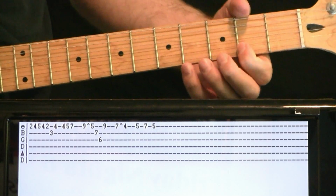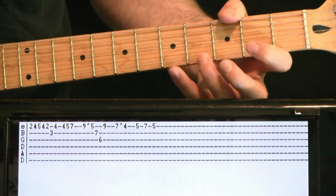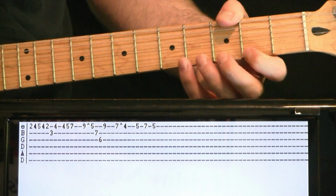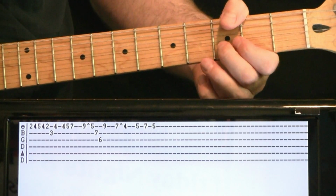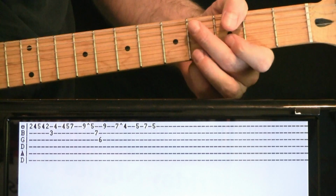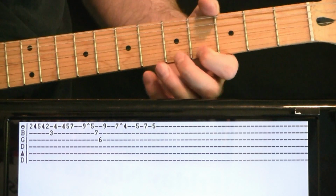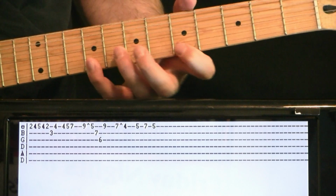Alright, second part of the harpsichord solo here will be on E. We go 2, 4, 5, 4, 2, 3B, 4E. Okay, hesitate a moment, then we go 4, 5, 7E, cut it there, come back up,